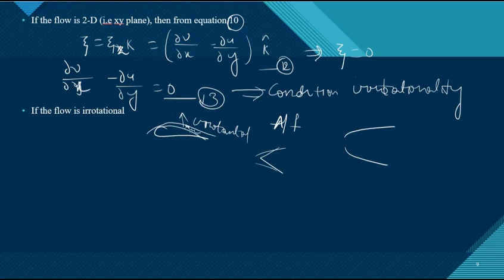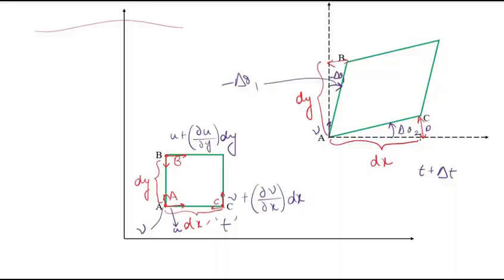Now, returning back to our figure that we had considered, let us say the angle between these two lines, AB and AC, is given by a letter K. As this fluid element moves through the flow, K will keep changing, because we saw that the fluid element is getting distorted, correct?